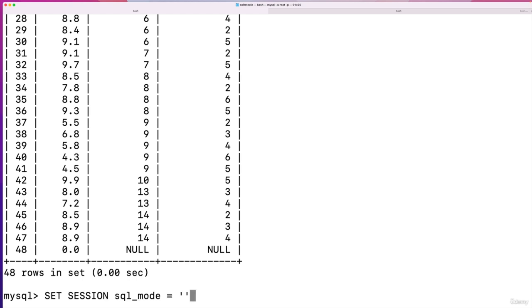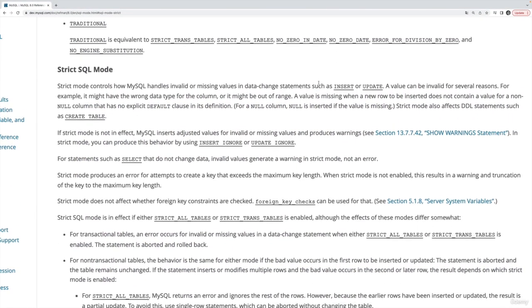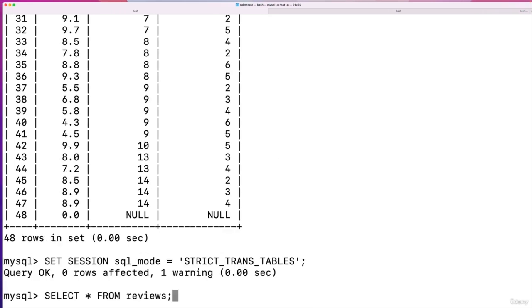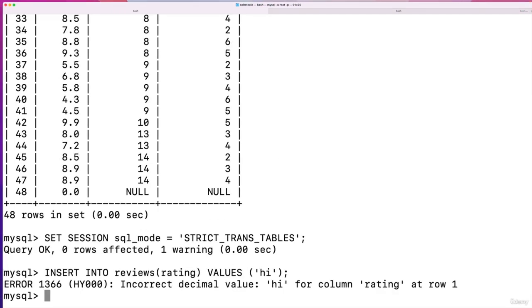Now, if I reset the session SQL mode to be strict trans tables, I believe it is, just make sure I get that correct. Strict trans tables. Yep. I try and do that same insert again. We get an error and it's not inserted. The whole transaction is aborted. So that is strict trans tables. Next, we're going to look at another SQL mode,